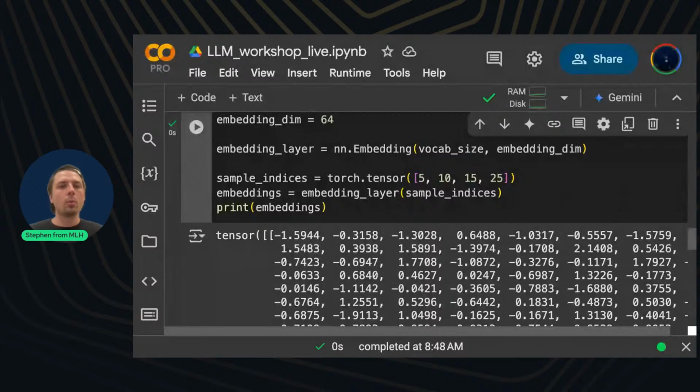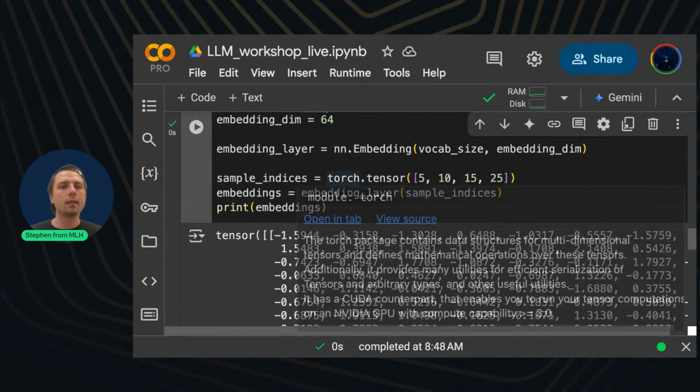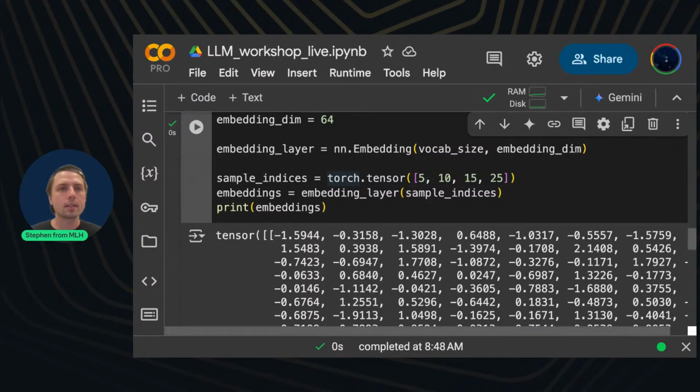So we have now our embeddings. And again, the embeddings are telling us essentially how similar the words are to each other. So we have these 4 different tokens, which could be represented by different words. And these numbers are similar to a similarity score.